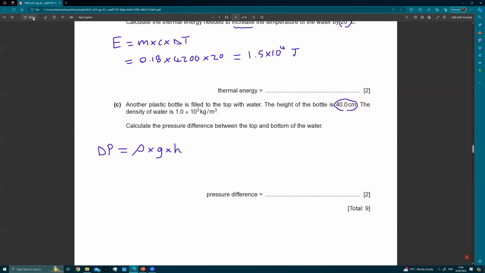So if we plug in these values, our density is 1 times 10 to the 3, g is 9.8, and the height is, well, the thing is the density was given in meters cubed. So I'm going to have to make sure the height is also given in meters. So 40 centimeters is 0.4 meters. And then this gives me